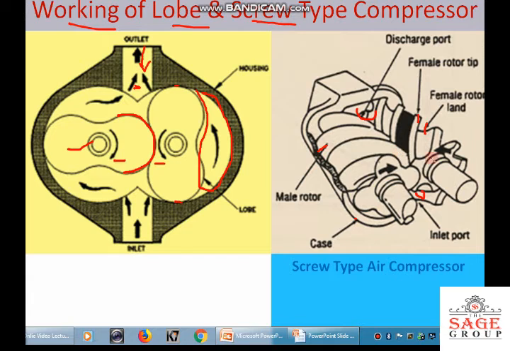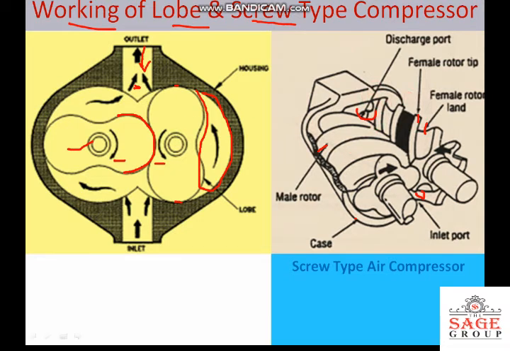The action of this type of rotary compressor is similar to that of the lobe type air compressor. Here there is some gap between these two meshing surfaces, and when these rotate continuously, they take in the air and the air is moved toward the discharge side. That increases the pressure, again by the backflow of the air. So this type of compressor is also used to develop high pressure.